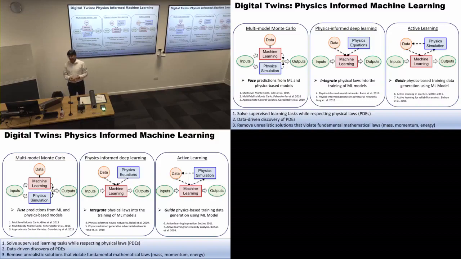But on the other hand, people still have more trust in established physics and laws than they have in black box models. So if we can simply generate data that's based on certain physics and mathematical laws, and then learn from that, at least we know that we are learning from the data, and if we know the data distributions, we know where the learning actually came from. So these are the three things, depending on the nature of the applications in digital twins, we could do that.